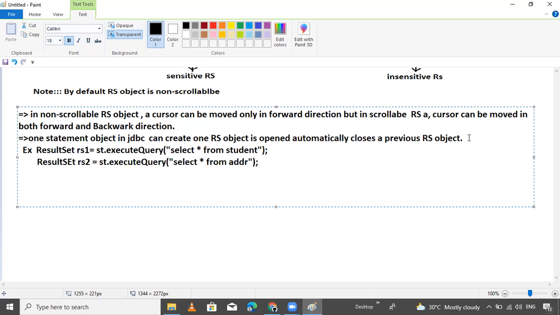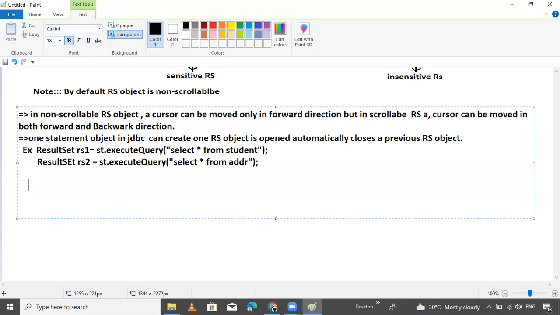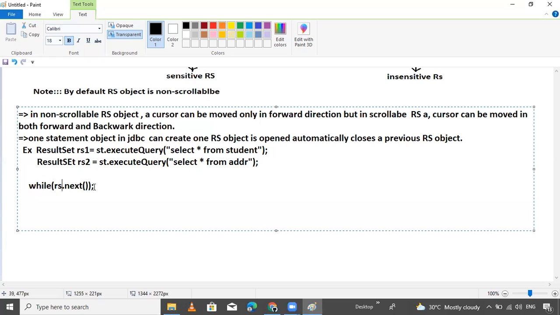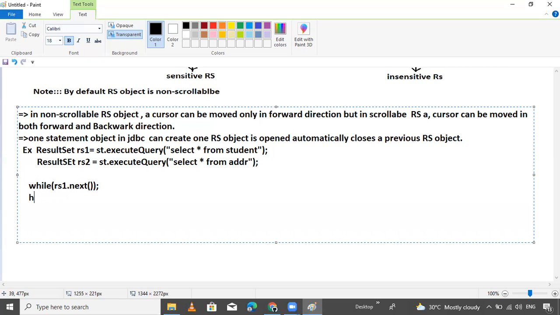Now I will tell you which statement is correct and which is wrong. There are two lines: while rs1.next and while rs2.next. Which line is correct?